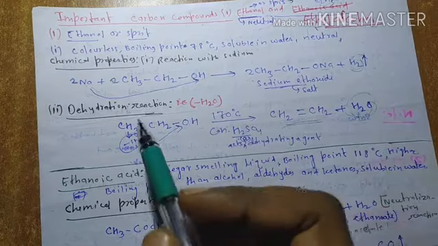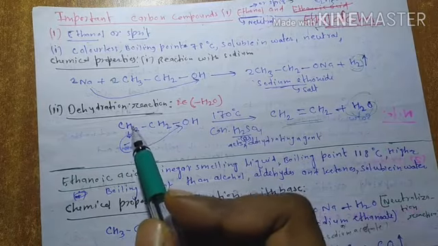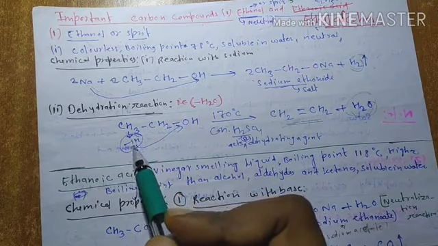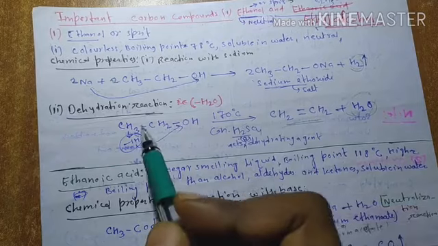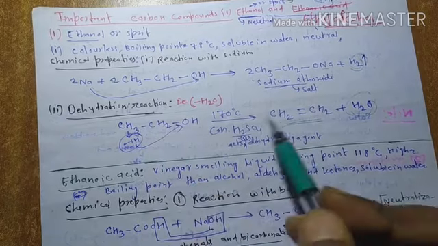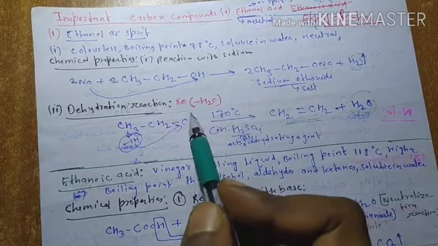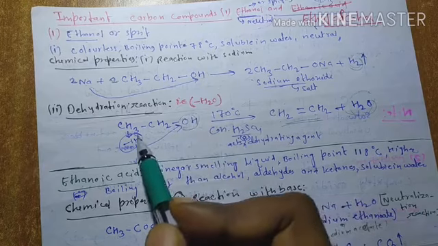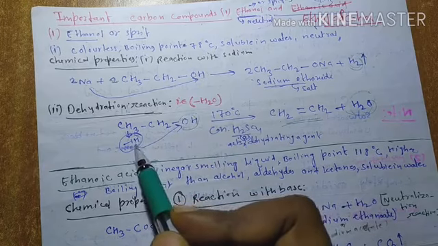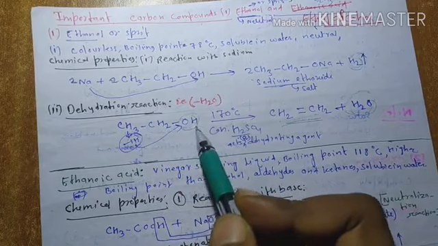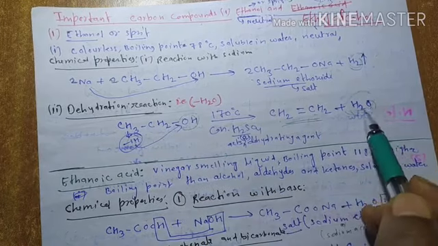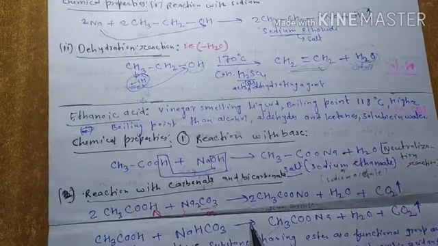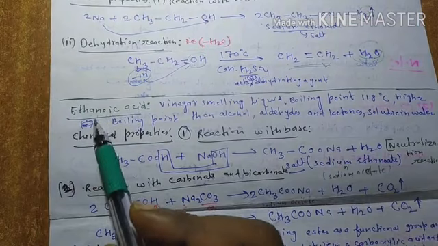So what happened from this CH3? There are 3 hydrogen atoms. Remove 1 hydrogen, then it will become CH2. Here will become a double bond, and here is CH2, and this is removed from here. If you remove H, you take OH, and from here you have to take 1 hydrogen. So this is H2 here, H2 and H2O. This is water. So in this way you have to learn. Okay, next is ethanoic acid.